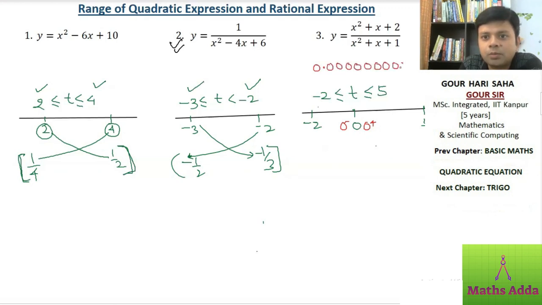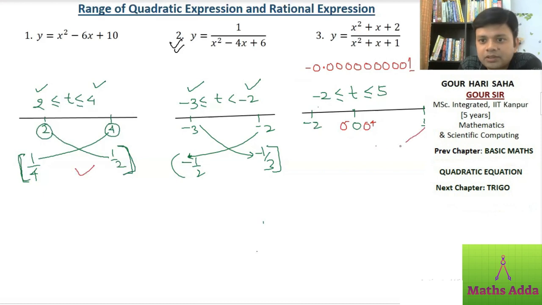It is something like 0.0000000, keep on going, don't stop. This is a number which is close to 0 but positive, that is called 0 plus, right? 0 minus means what? 0 minus is close to 0 but with a negative sign, okay? So now when I see 0 plus to 5, both positive, I can apply it like this one.